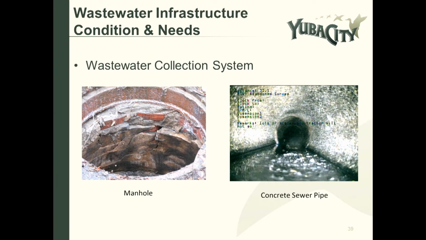This is a concrete pipe, and you can see that the cement has actually been dissolved from the gases within the sewer pipe, so it's exposed aggregate, and so the wall of that concrete pipe is getting thinner and thinner, and as it does that, it limits our ability to then clean the pipe, because every time you clean the pipe, you are eroding it more and drawing back more rock. And so your options for this type of situation are to either line it with a plastic liner if you catch it early enough. If you don't catch it early enough, then you have to remove and replace the line.